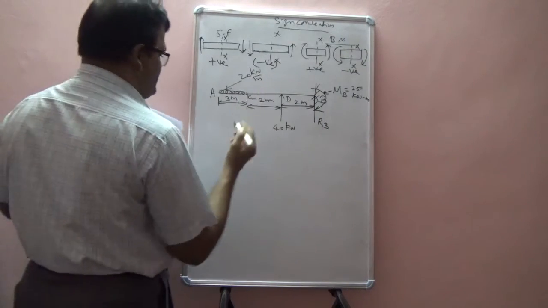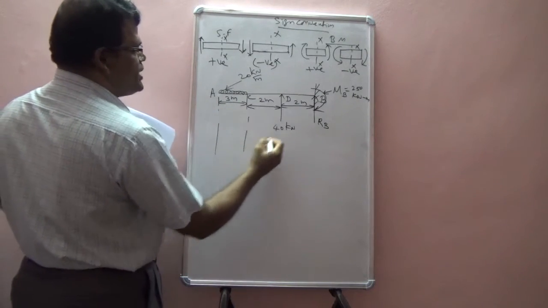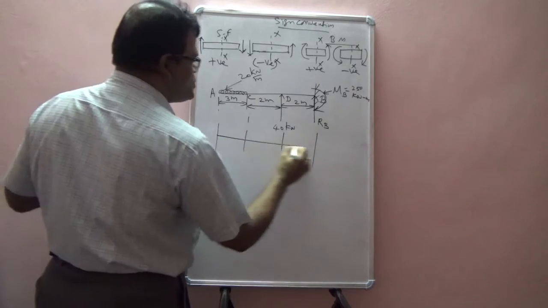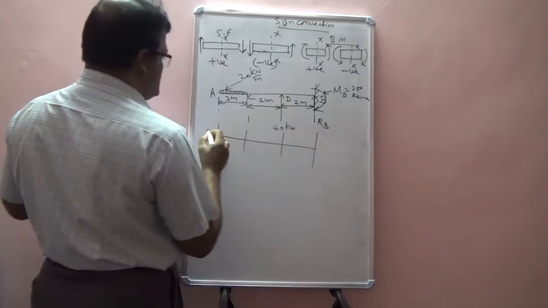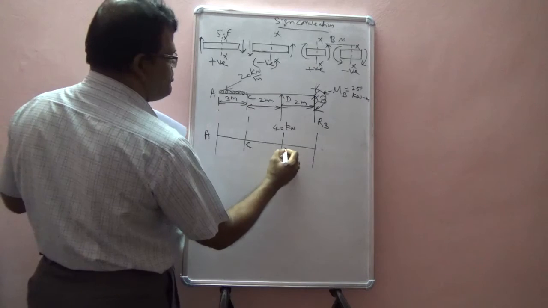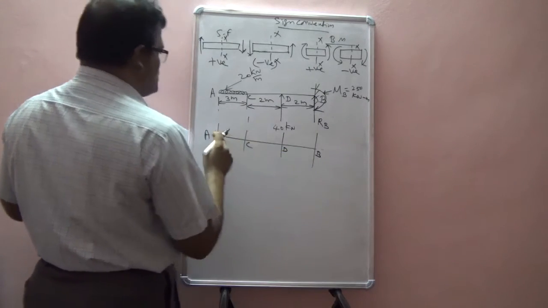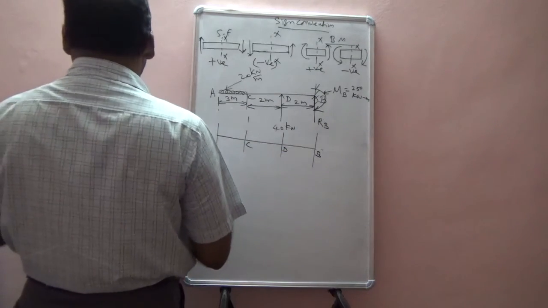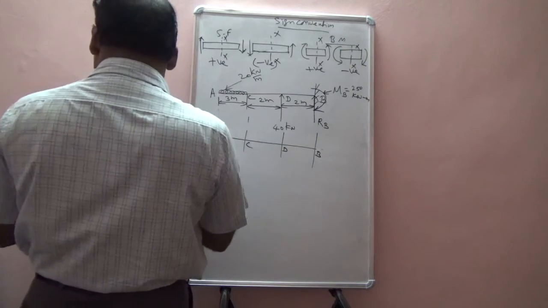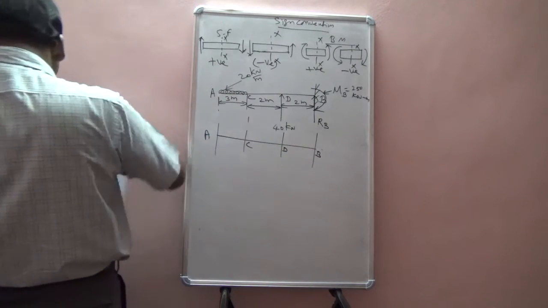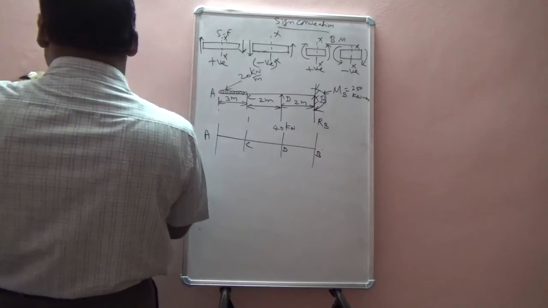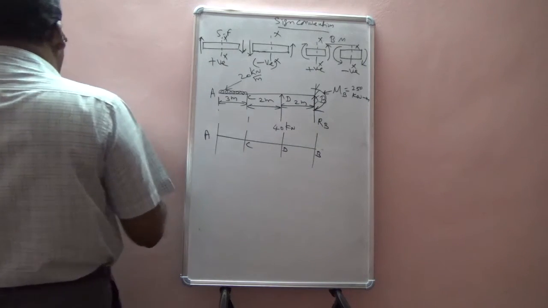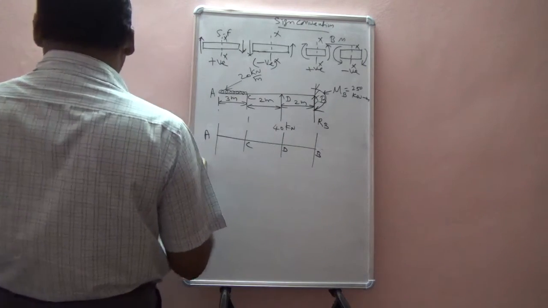So this is the load diagram. Now I just project all these points C, D, B and all. So this is going to be the shear force diagram. Here it is point A, point C, point D, point B. So what is the shear force at A? The shear force at A, if you see, shear force at A will be